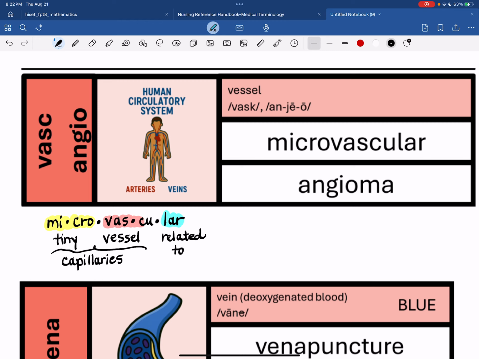Vessels can also refer to lymph vessels. So it's not just blood vessel. That's why I didn't specify blood. But Vasc and Angio both relate to blood vessels. And I associate especially Angio with blood vessels. Okay,